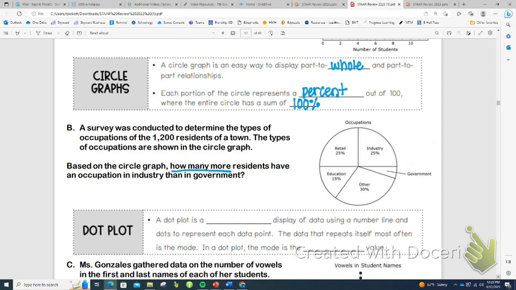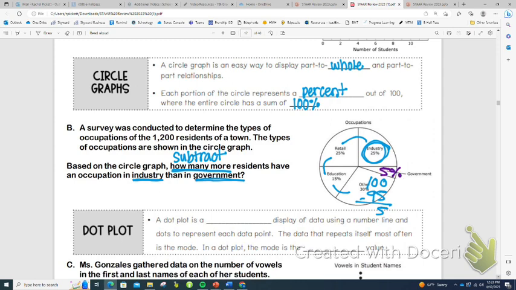A key word here is how many more. You've got to remember that how many more means to subtract. So we're going to start out by subtracting the percentage of industry and government. Well, if we look at our circle graph, we know that industry has 25%, but we're not sure about government. So what we can do to figure out that missing percent is add everything we know and subtract it from 100. So if I do 25 plus 25, that gives me 50, plus 15 is 65, plus 30 is 95, and then if we subtract that from 100, we're left with 5%,